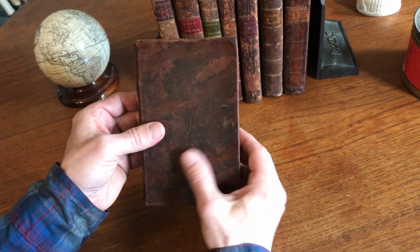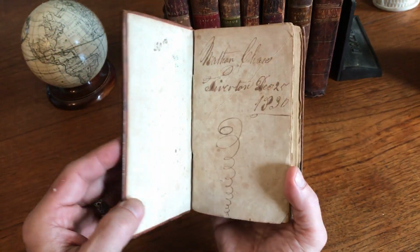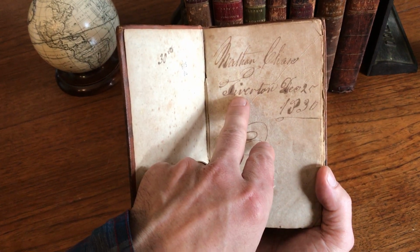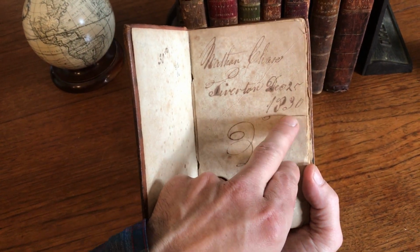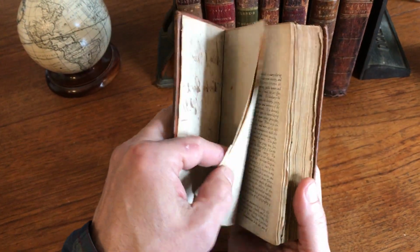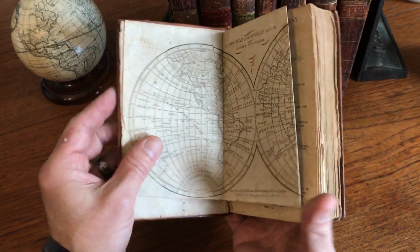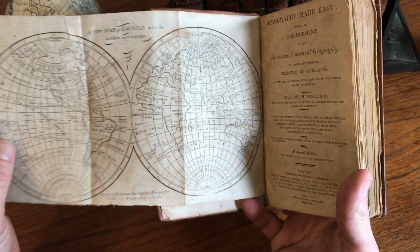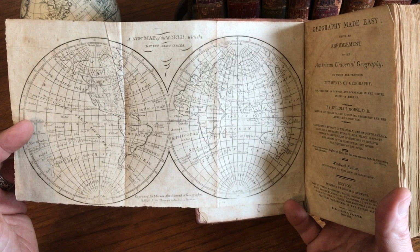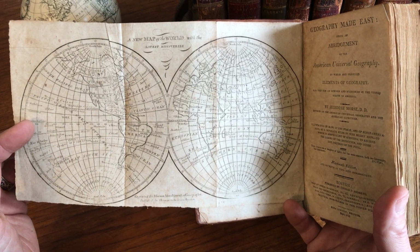acid treated, and so you get a pattern which is very interesting and nice. And we see here an owner's inscription from Christmas of 1830, and he paid 30 cents for the book according to that inscription. And at the front we see this folding world and double hemisphere map published by Thomas and